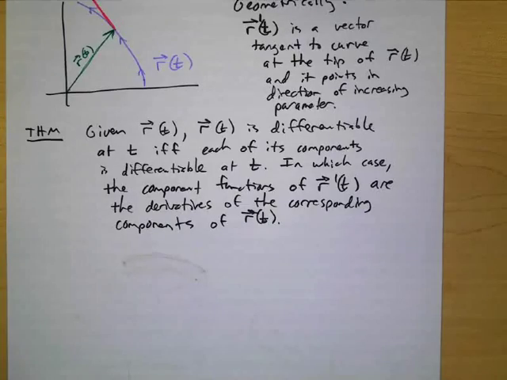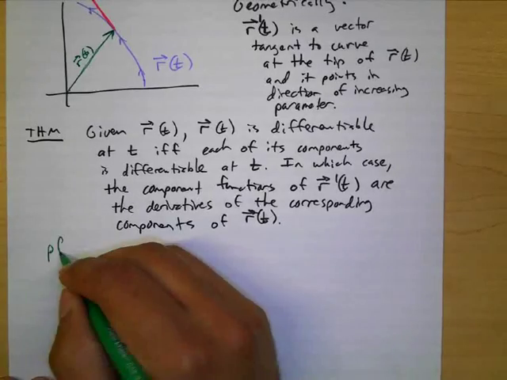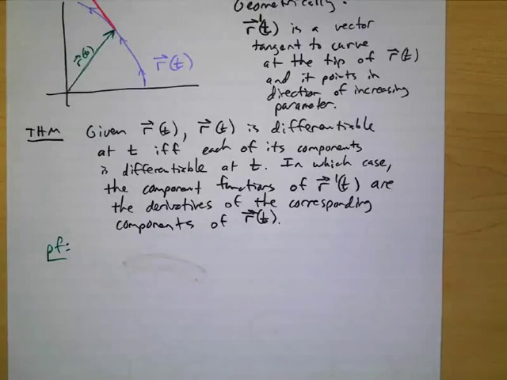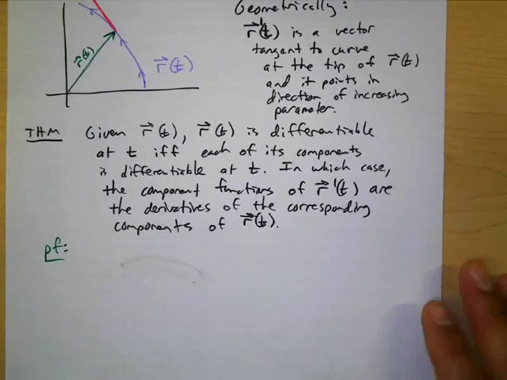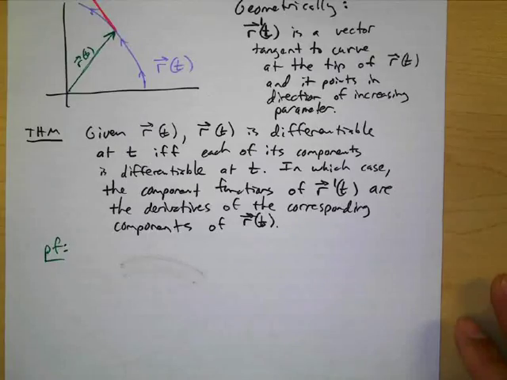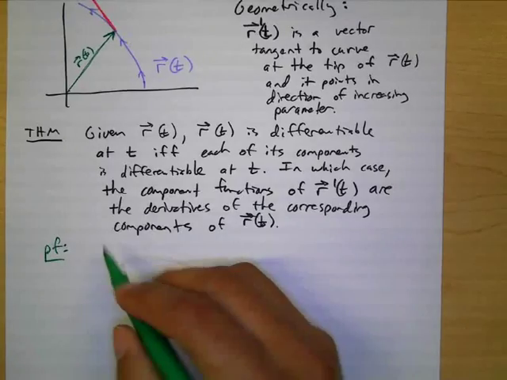I wrote out a lot because it's important to know what we're about to do here. What this theorem is saying is essentially that R of t is differentiable as long as we can differentiate each of the components. And if we can do that, then that's the derivative of R of t. It would just be the derivatives of the components of R of t. Okay? So, to prove it, we start by